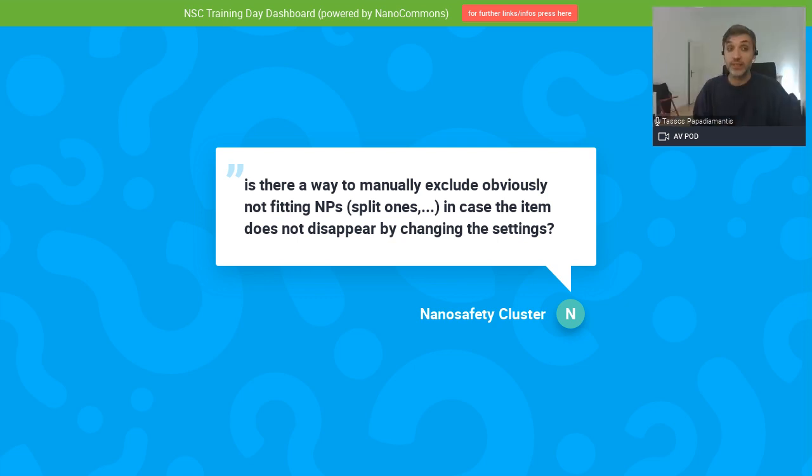Everything that you see that does not really fit will be removed automatically. Else, as I said earlier, if you see something that doesn't really fit, then by playing with the minimum and maximum segment areas, you most likely can remove it.